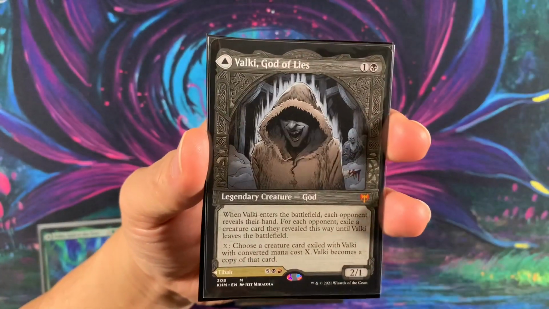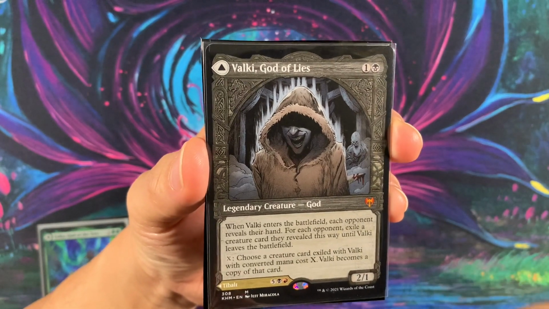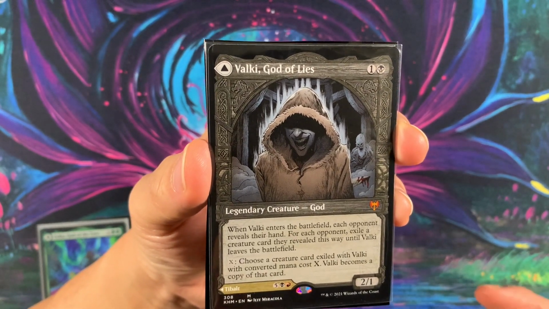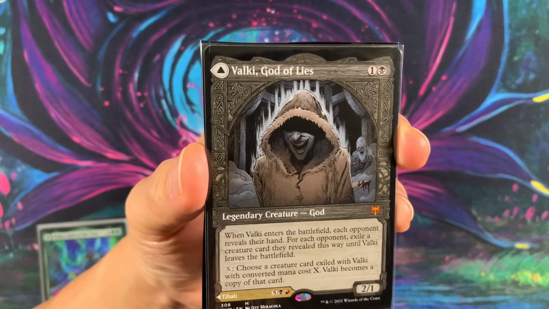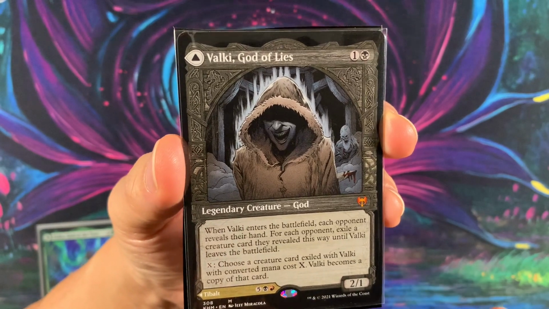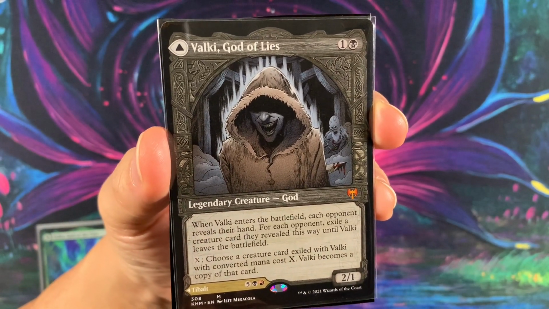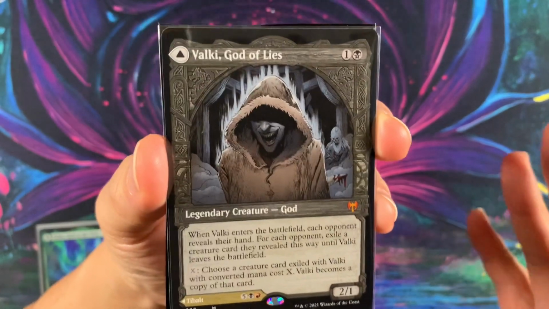I know Kaldheim has essentially text soup, so much text on all the cards because there are now multiple double-faced cards full of text. But anyways, let's do a quick gander. When Valki enters the battlefield, each opponent reveals their hand. So each opponent, all three. For each opponent, exile a creature card they revealed this way until Valki leaves the battlefield. So,